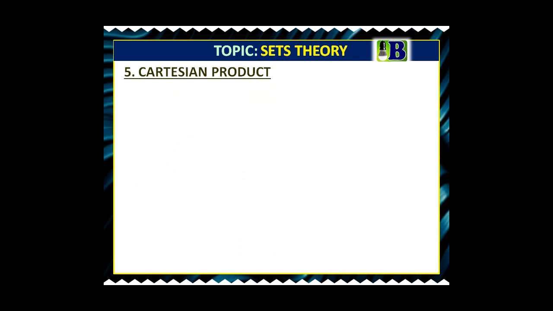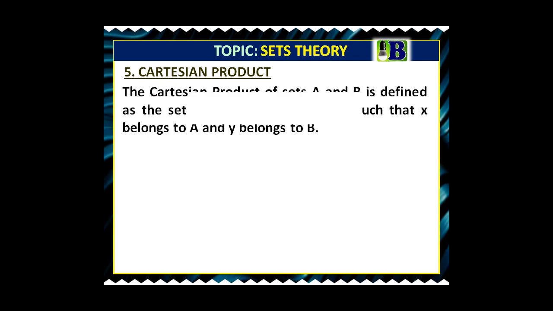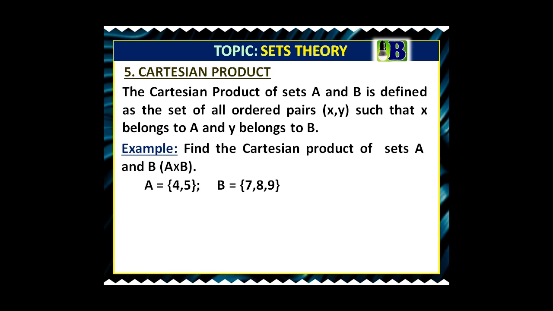The next operation which we are going to discuss is called the Cartesian product. What is Cartesian product all about? The Cartesian product of two sets A and B is defined as the set of all ordered pairs (x, y) such that x belongs to set A and y belongs to set B. Example: find the Cartesian product of sets A and B, which is A cross B. What is Cartesian product all about? It is all about arrangement of two sets. If you want to arrange the elements of two sets,